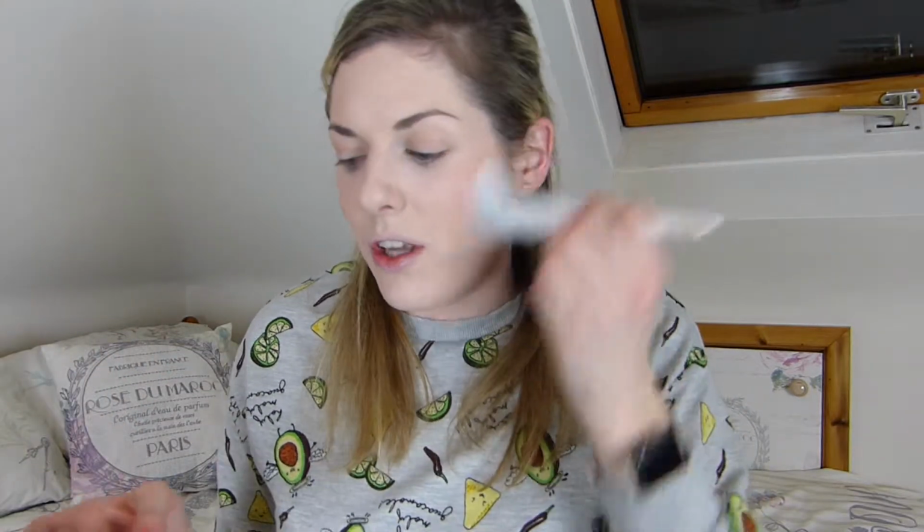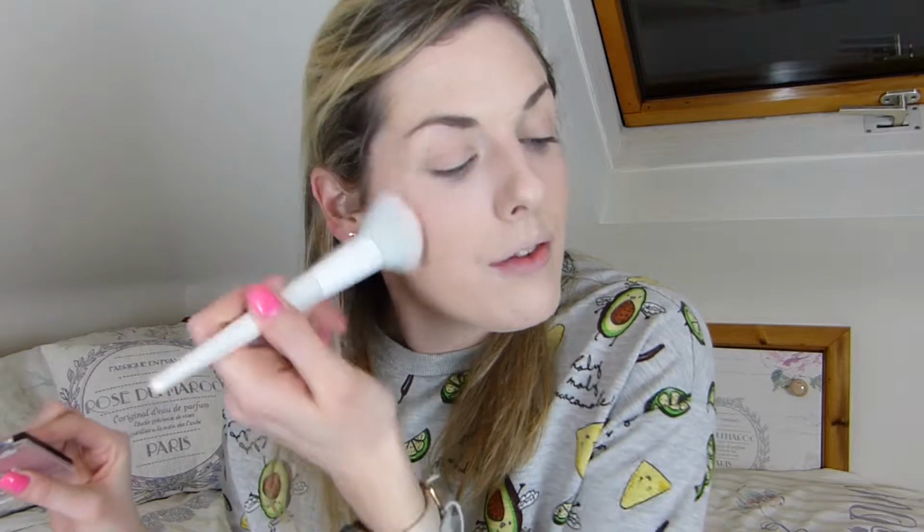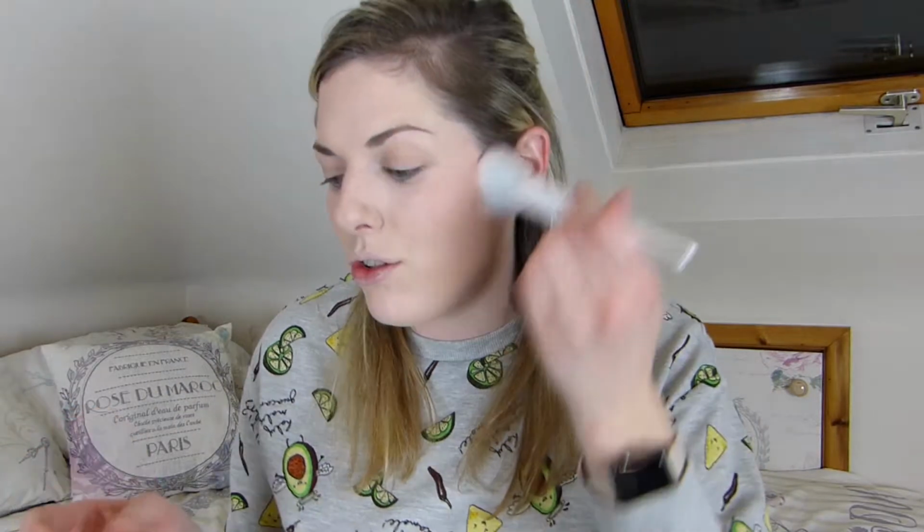It is hella pigmented. I do also have another colour in this blush, but it's not as good. So I think if you want the super pigmented one, go for the shade Bramble. I have so many other blushes, but honestly this is my go-to because it is so pigmented, so it's so quick. So for highlight, I actually barely use highlight on a daily basis just because I'm always so late and